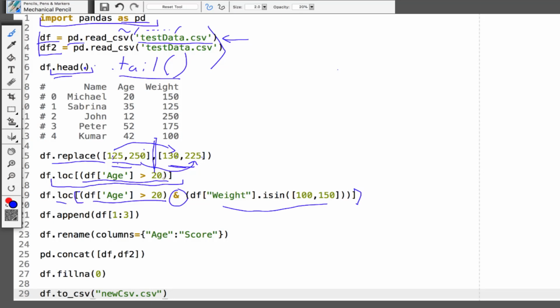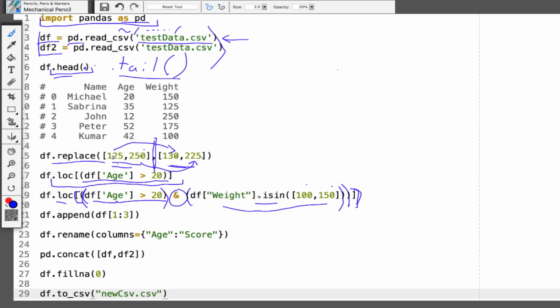The first one is similar to what we were looking at above, which was age greater than 20. You notice that I've wrapped this in regular parentheses here. It's just a way to assure that Python is evaluating this logical statement separate from this logical statement. There's no weirdness going on. You notice that I also have the quotes wrapped around here, and then the condition statement is also double quoted at the end, and then the square brackets are ending off the .loc function. And this extra conditional statement is now saying I also only want rows where their weight is either 100 or